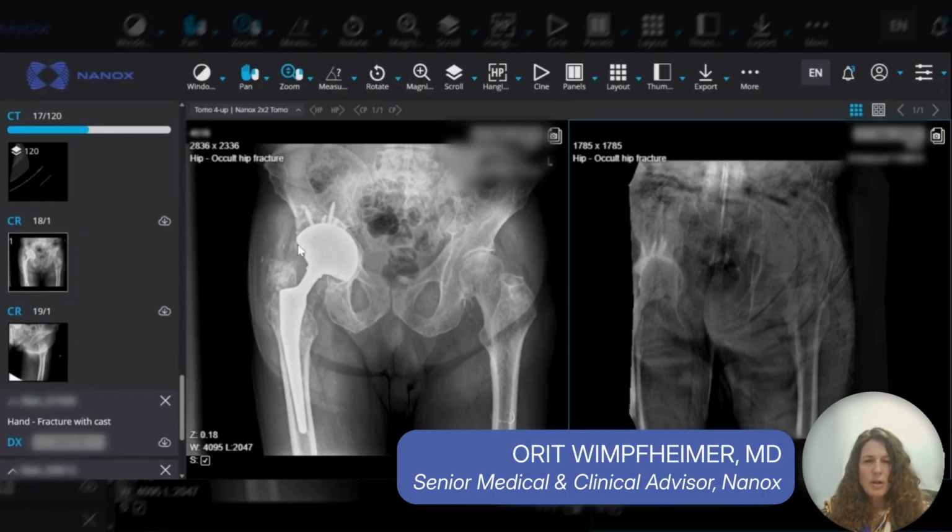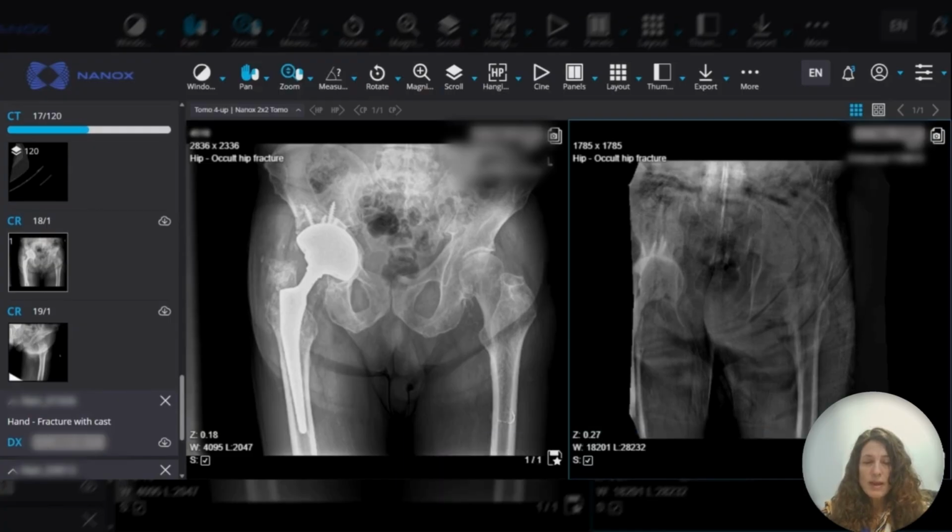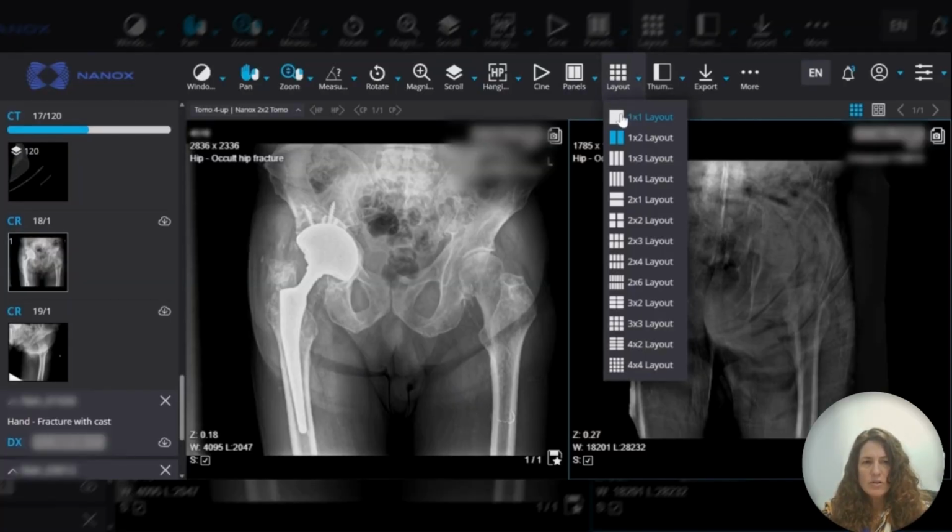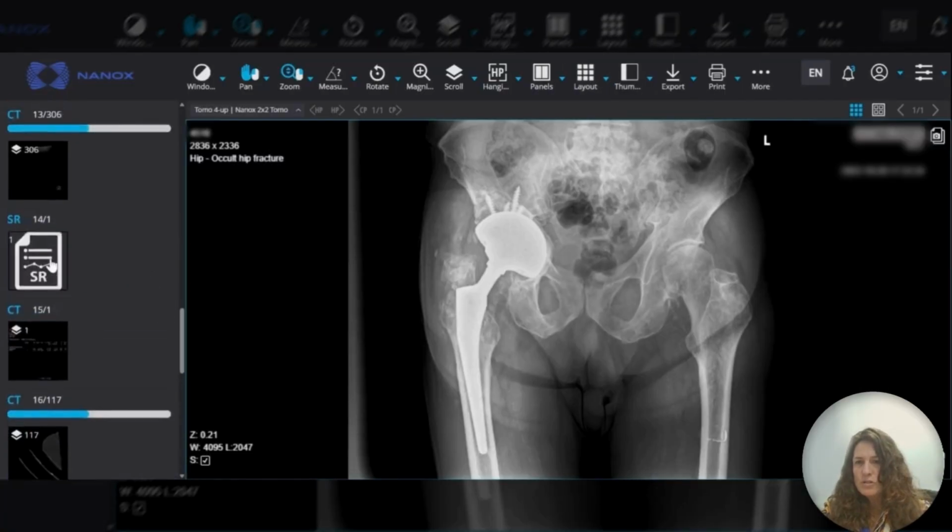This is an example of an elderly patient with hip pain. The patient has had a previous arthroscopic surgery in the right hip, but the patient has left hip pain, and on the x-ray of the pelvis and proximal femurs, there's no evidence for a fracture. However, when you look at the tomo images,